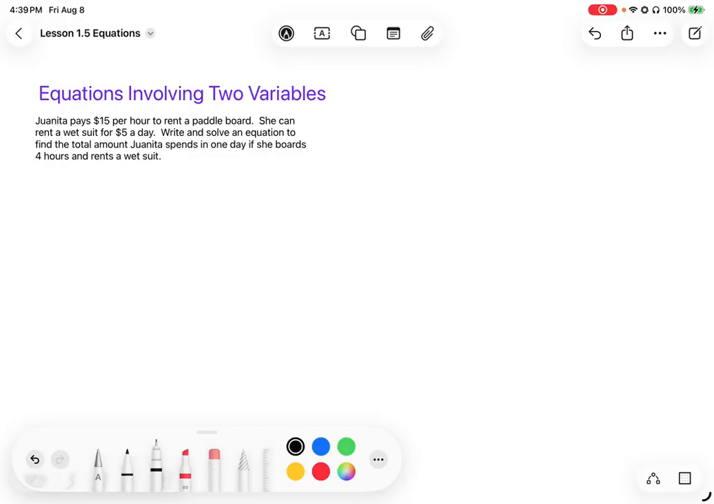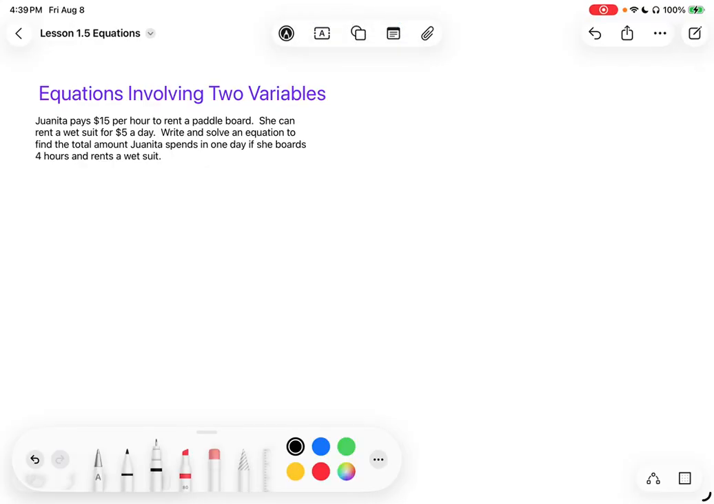Juanita pays $15 per hour to rent a paddleboard. She can rent a wetsuit for $5 a day. Write and solve an equation to find the total amount Juanita spends in one day if she boards 4 hours and rents a wetsuit. So, anytime you're given a word problem like this that then